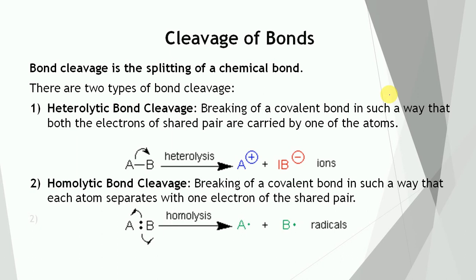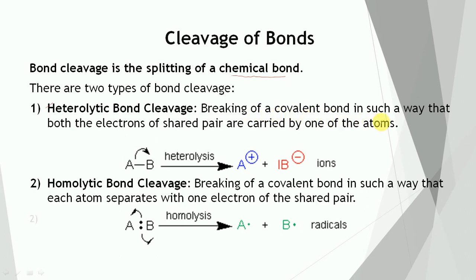Cleavage of bonds. The reaction of organic compounds involves the breaking and making of covalent bonds and the movement of electrons from one side to another. So bond cleavage is the splitting of chemical bonds. It is of two types. The first one is heterolytic bond cleavage. In case of heterolytic bond cleavage,